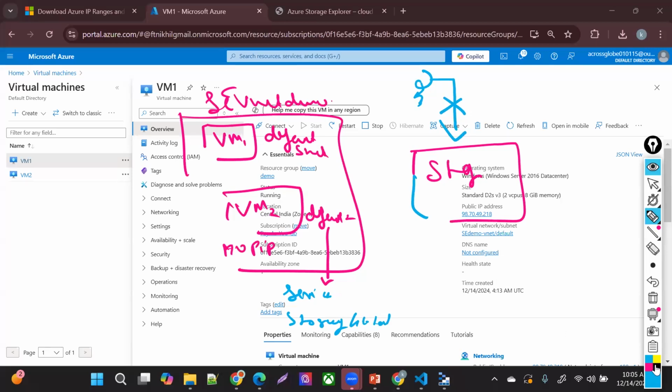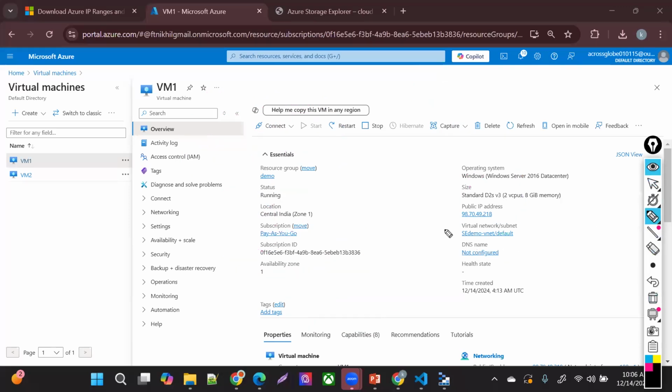The next thing I'm going to do is take the RDP of VM1, and then from VM1, take the RDP of VM2. Since I allowed only this default 2 subnet in my storage account, inside the networking section, if you remember seeing that, I allowed access for my default 2 subnet. From there I'm going to access my storage account, because public access is not allowed for now. This is what I'm going to do now. Let's go there, take that RDP, connect.